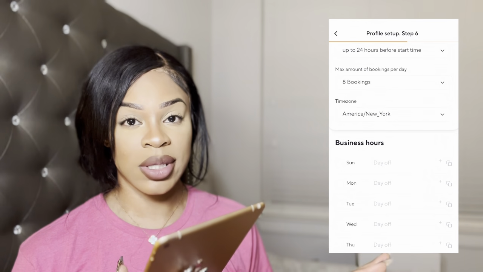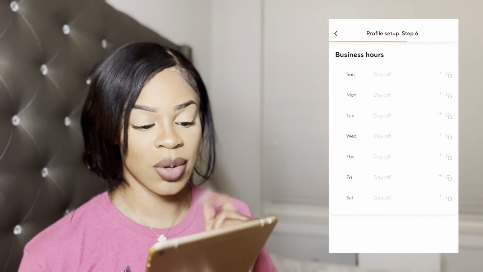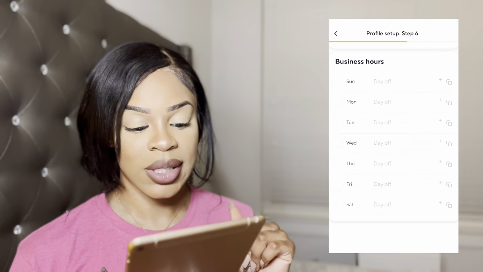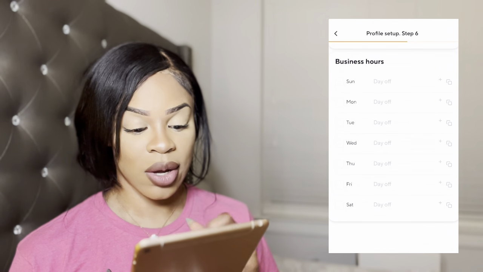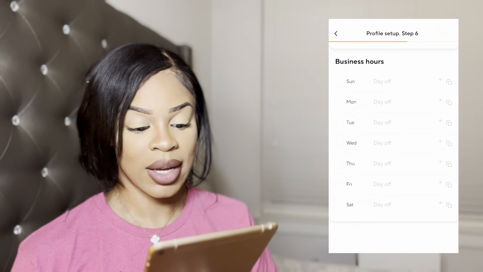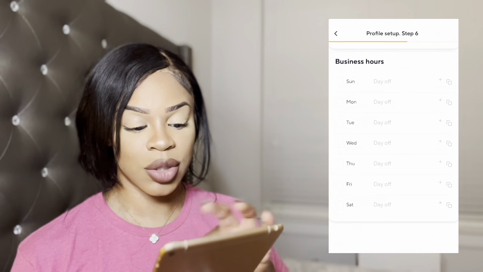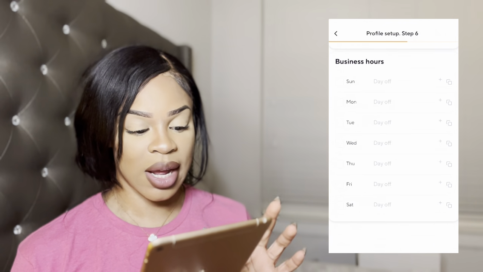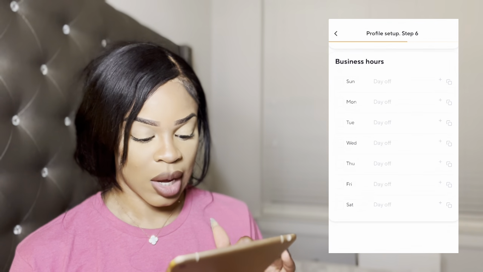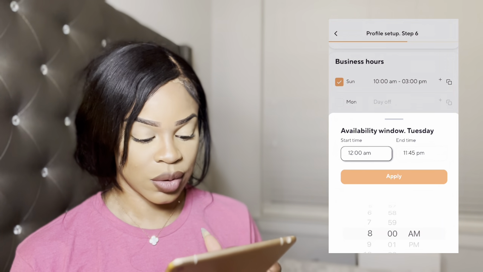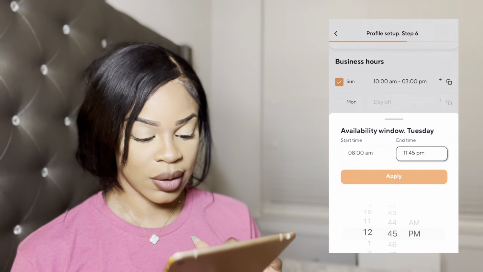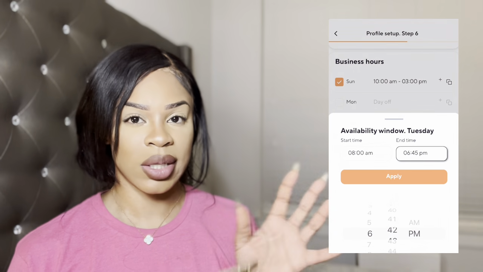So business hours, this is completely easy compared to Acuity. Business hours, I'm always off on Mondays. So Monday is gonna stay day off. It has a duplicate arrow too. Mondays are gonna stay off days. I'm gonna put 8 a.m. to 6:30, and this is usually my regular times.